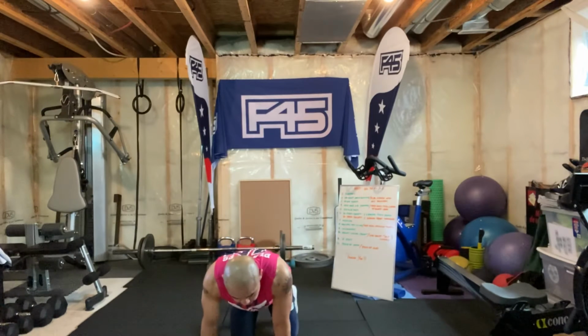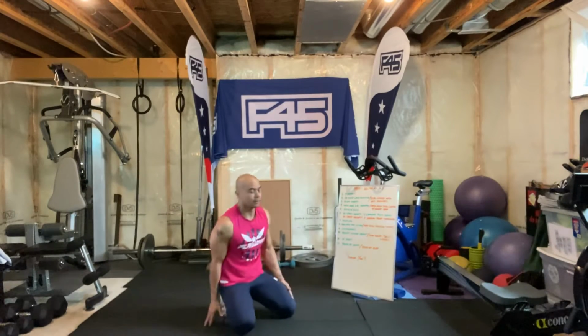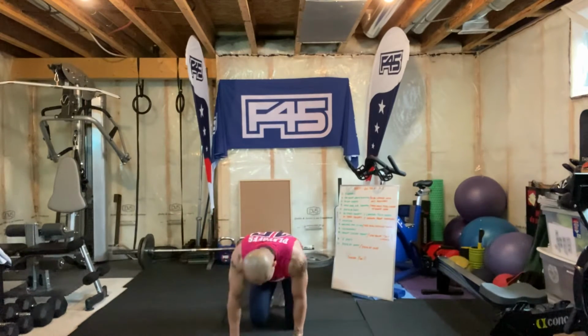Next, we got tricep push-ups for 5, and then 10 wide mountain climbers. So tricep push-ups, I know some of you like to make that diamond. That's gonna flare the elbows out. I prefer doing a W with my hands, so making a W. Your thumbs don't have to touch, they can be about shoulder width apart, but just notice how my elbows drop in, coming closer to my side. So it's just gonna isolate the triceps a little bit more versus getting the shoulders and the triceps with that,